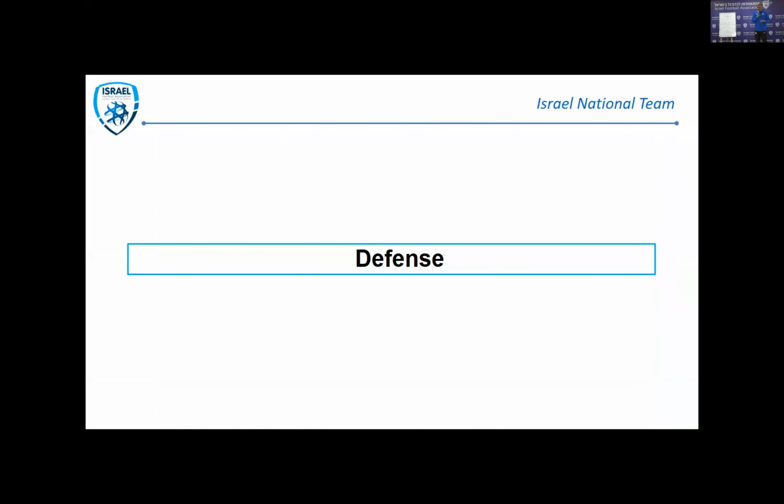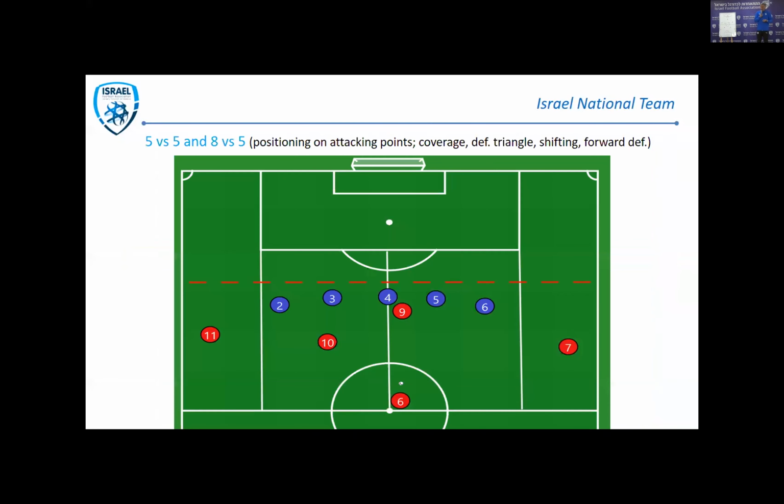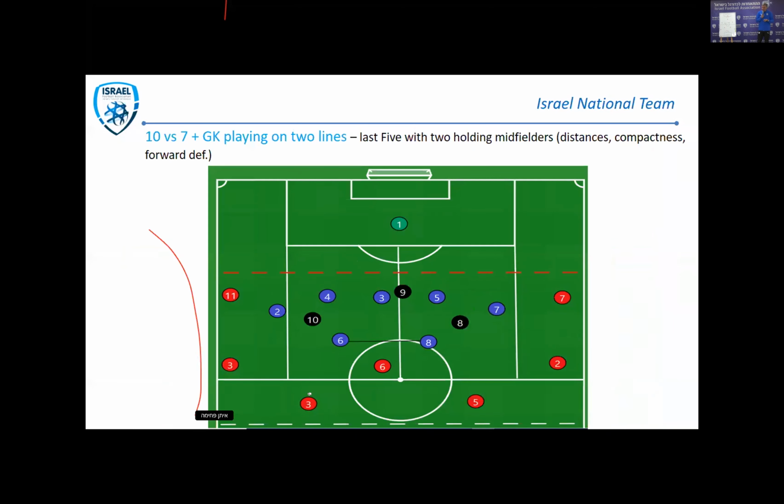Coming to the last, in defense, I must do a little bit faster. In defense, I started with the last line. You see here, we play with 3 center backs, with 1 winger, number 2 and number 6. And we started in a 5 versus 5 and go for a next step to an 8 versus 5. So I used here my strikers, Eran Shon and Munas and